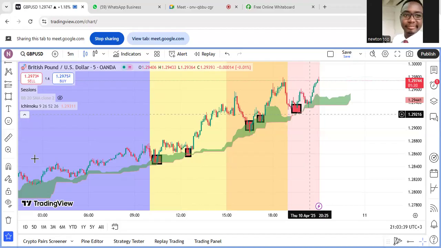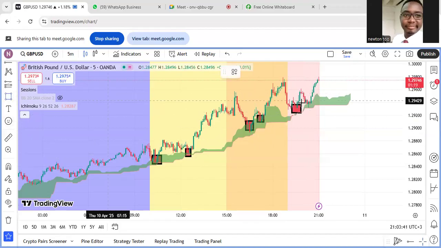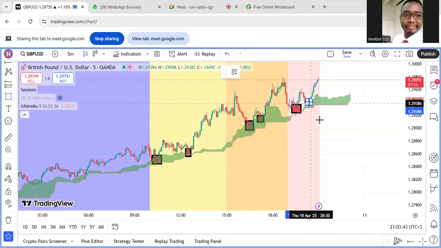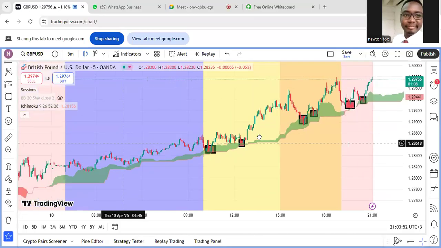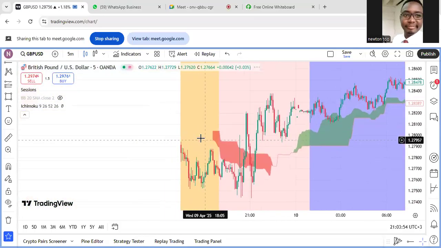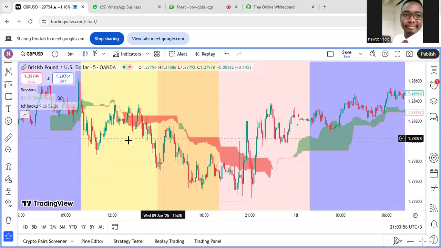When the market touches that region, the market goes up. Every time the market touches that region, it goes up. But this will work best most of the times